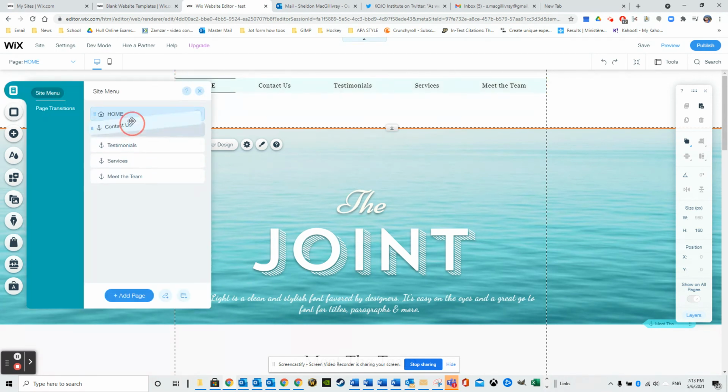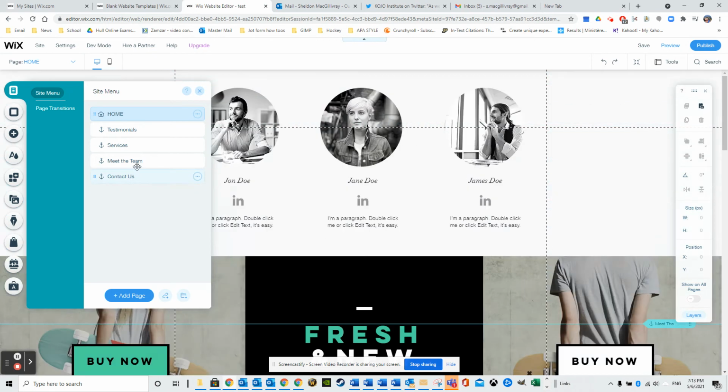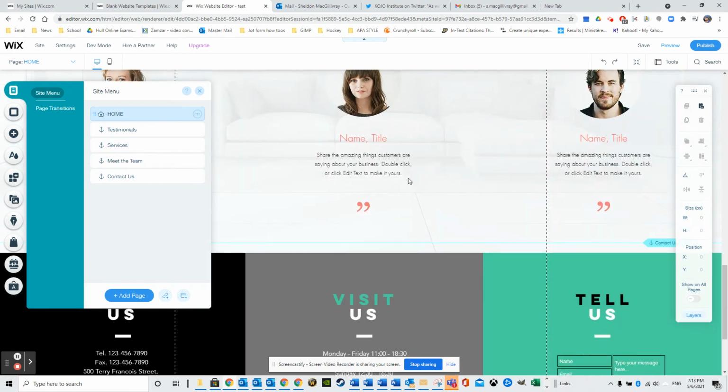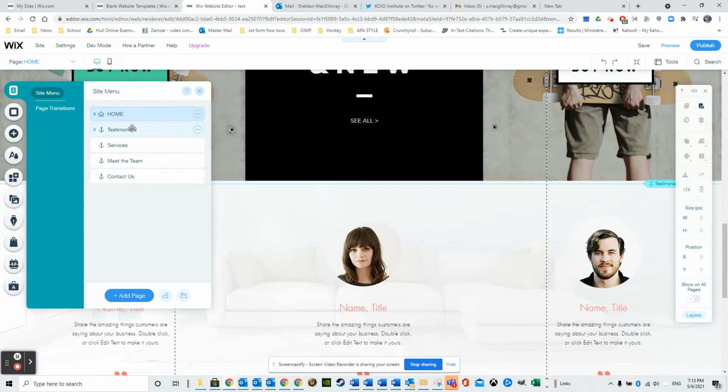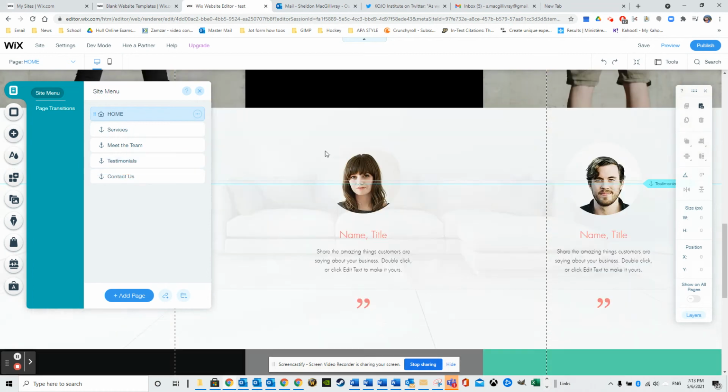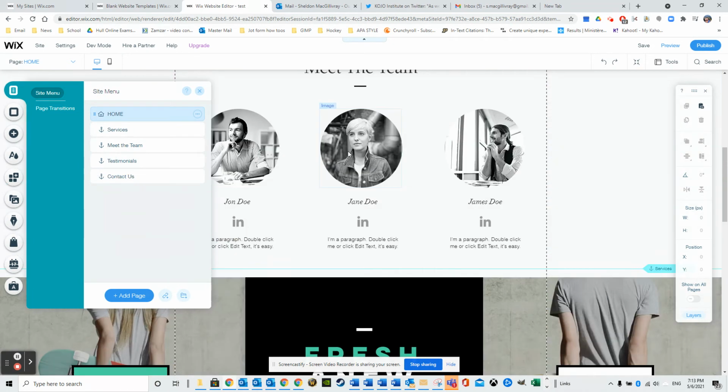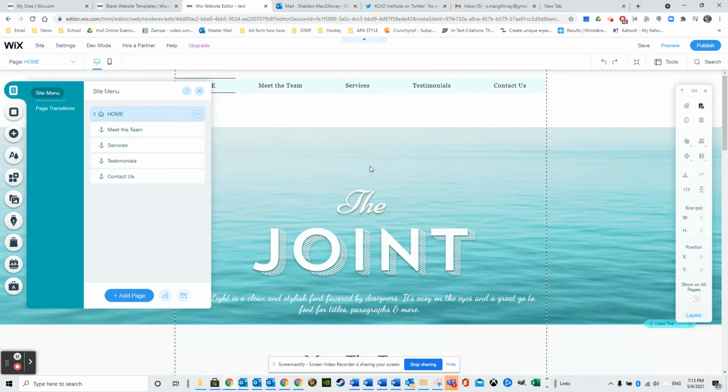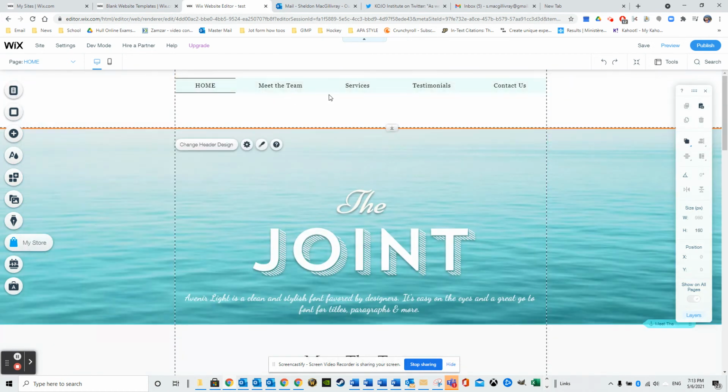Okay, so order. That's important too. We can drag and drop these, as you know, into the right order. So we were at contact us. This should be something we do before we check out what we've done. We have meet the team. Under meet the team, we have services. And above meet the team, we have home. Okay. So now my menu has changed corresponding to my order. When I hit preview,